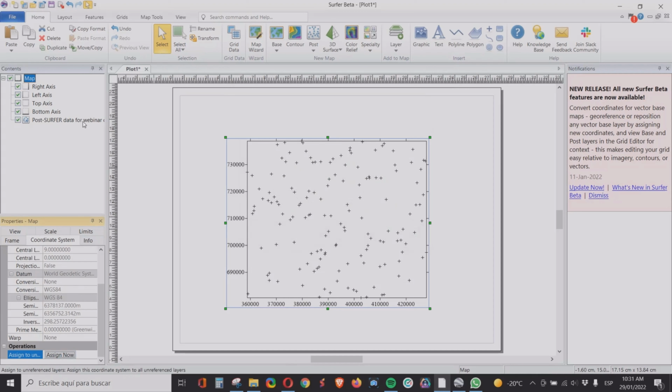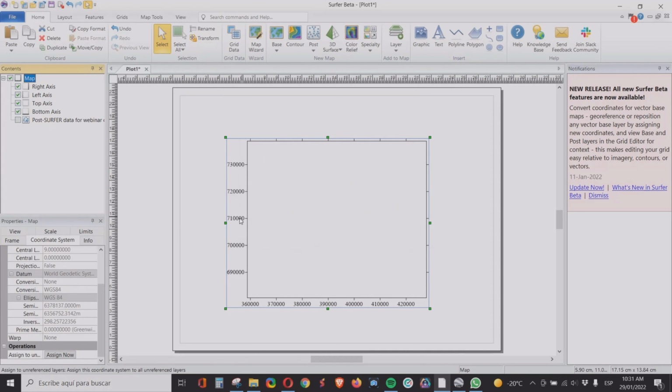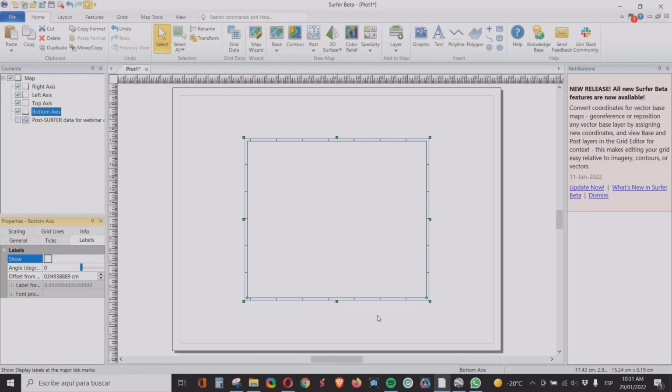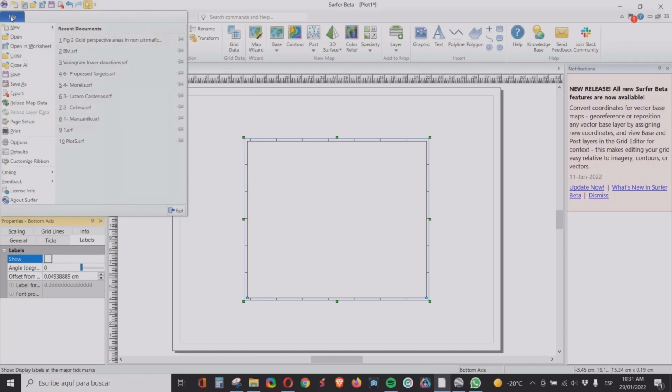Now, what we want to do is to export this square into Google Earth and then copy the image from Google Earth to use as a base map. For that, we need to limit the map to the borders, even without the coordinates. Like here, we can leave it, but it's not that important. We have this rectangle, and then you click File, Export